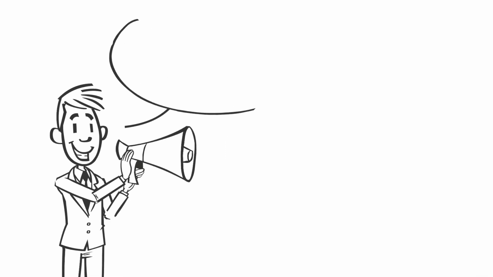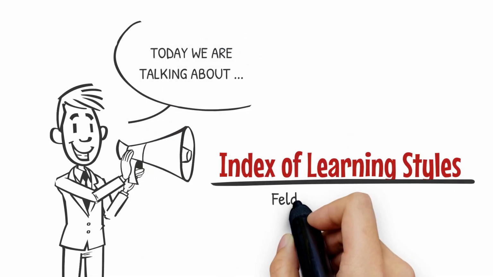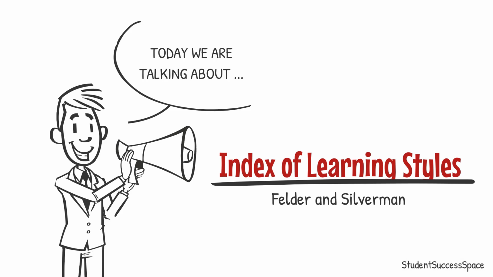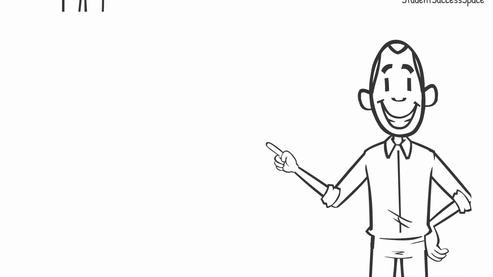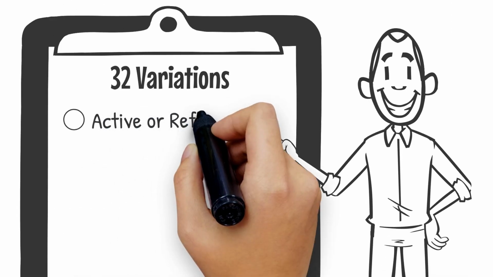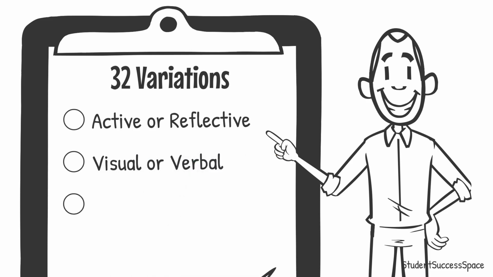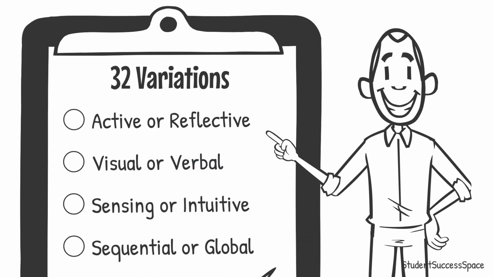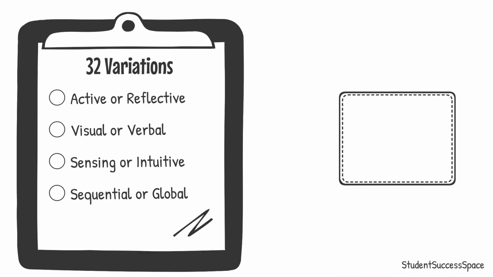Felder and Silverman sought to understand the varying learning styles of engineering students in 1988. Within this learning style, there are a potential of 32 different learning style combinations. The different styles are created through choosing one option or the other. For instance,